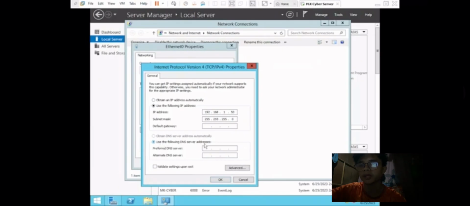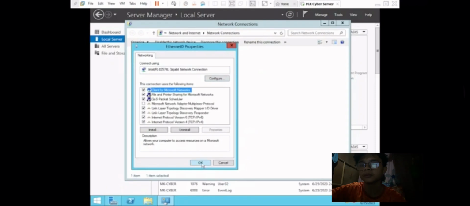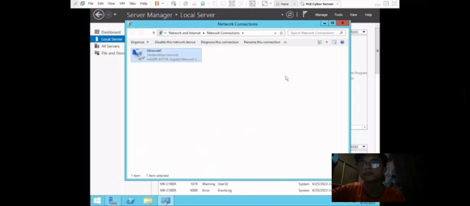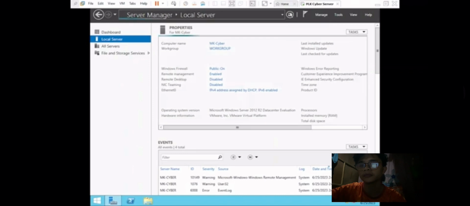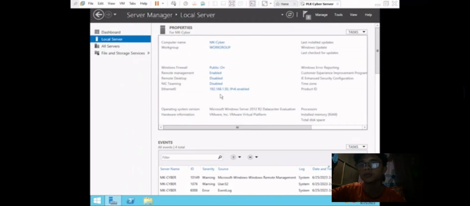Use the same IP address as the DNS server. Okay, and that's it. So now we need to restart or refresh the server. So click the refresh button, and